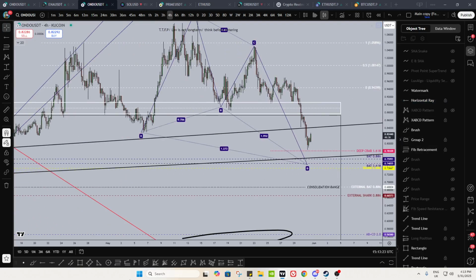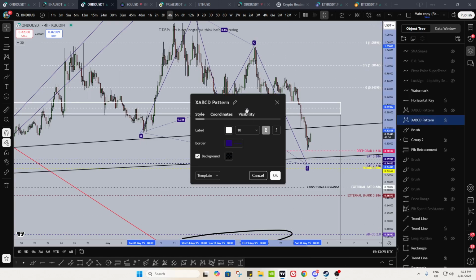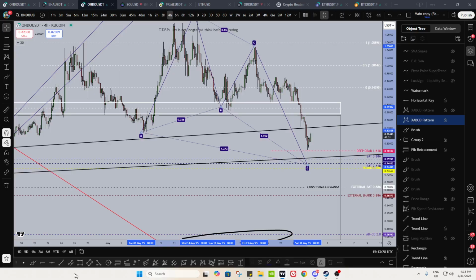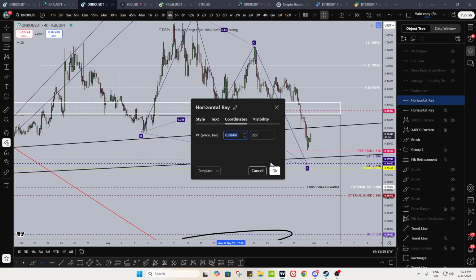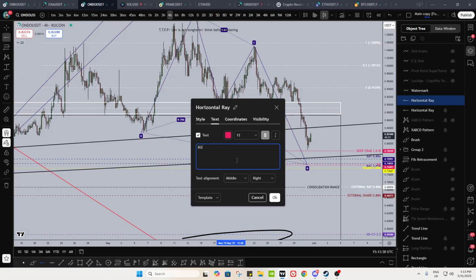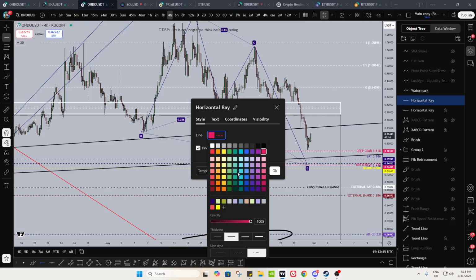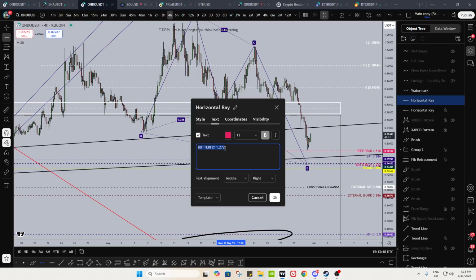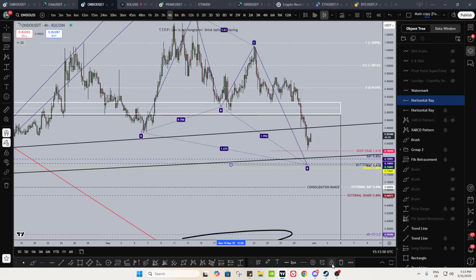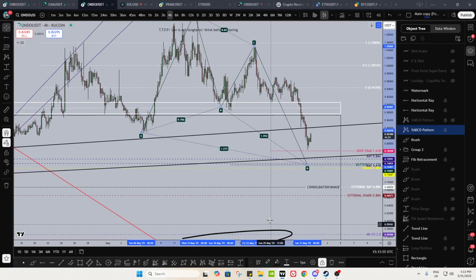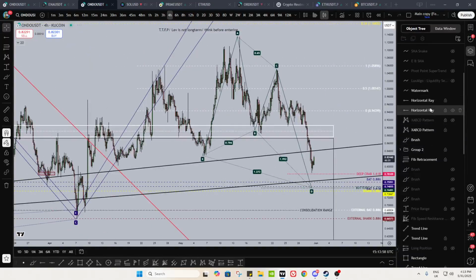Okay, and the butterfly is right over here, right? There you go. Just gonna put it to the B point. There's the low. Control V, and that is your butterfly. 1.272. Perfect. And this one we can go ahead and get something that we haven't used. Dark green. Perfect. There. Okay. Ondo. Back to those levels would be absolutely amazing. If that happens, it's just gonna slam more size in. Right? Literally, just slam more size in.